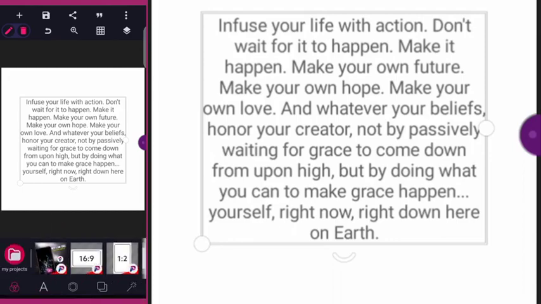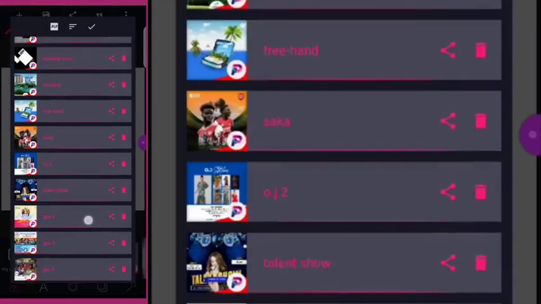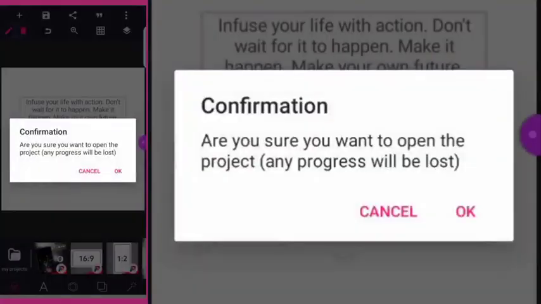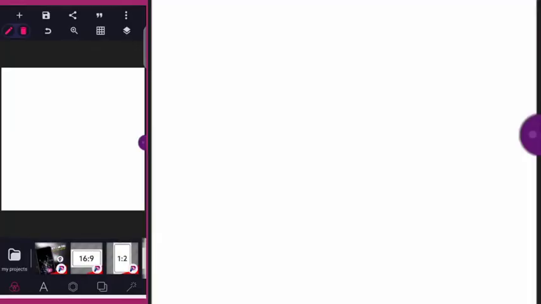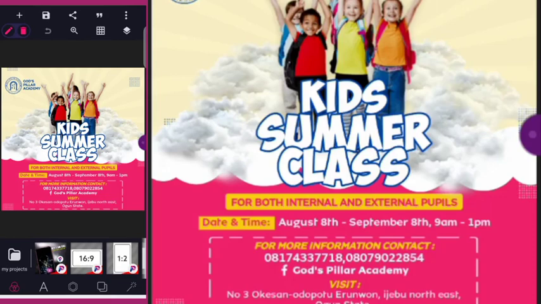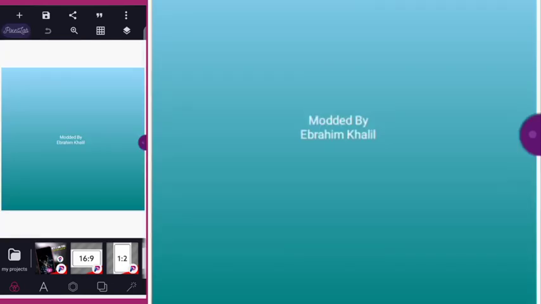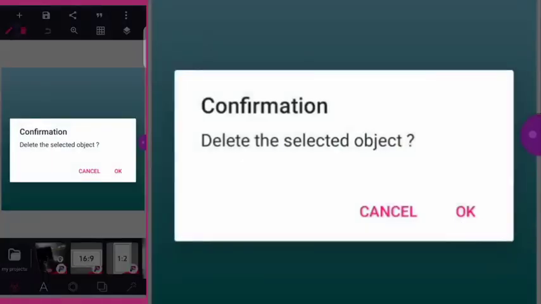Let me use this particular design. See, kids summer class, everything is at the center, showing that my text was center aligned, except the Gospel Academy, which was at the right side and was left aligned. So when you're designing, you can use different types of alignment. It just depends on your choice. So the next one is